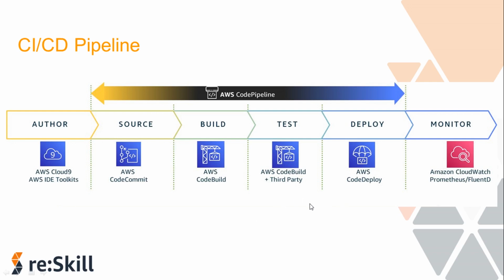Then comes continuous delivery. It's a software process in which artifacts are deployed to the test environment, staging environment, and then to the production environment. Continuous delivery can be fully automated or have approval stages at critical points. If you want some approval stages in between, that is also possible. Then comes continuous deployment. When continuous delivery is correctly implemented, developers always have a deployment-ready build artifact that has passed through standardized test processes.